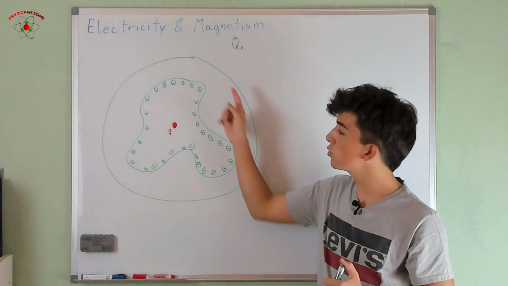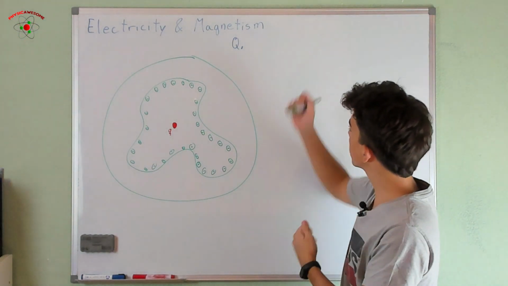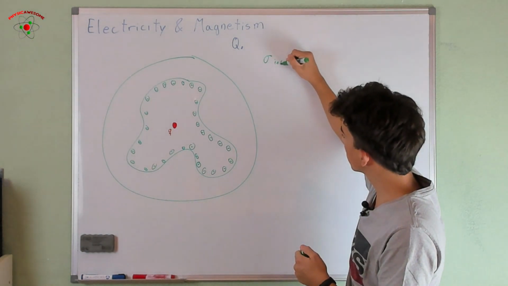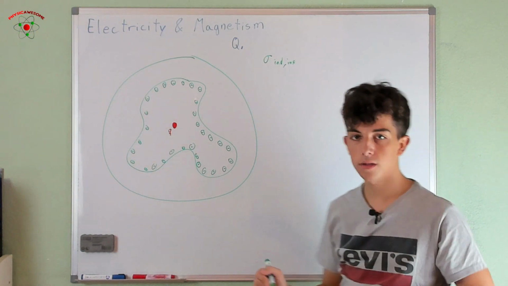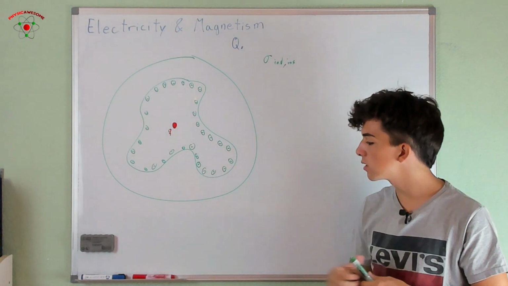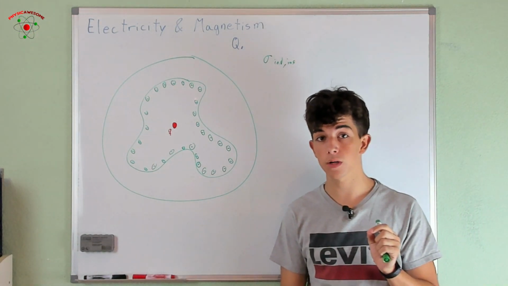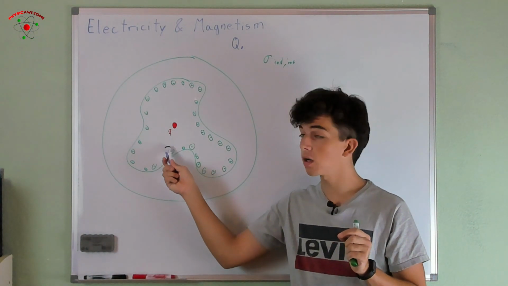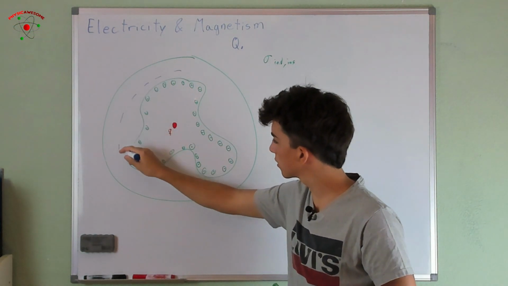It's going to generate an induced charge density on the inside. We'll call it sigma induced on the inside. And this charge density, we can calculate that it is going to be zero. It's going to be equal to this charge, because if we draw a Gaussian surface over here,